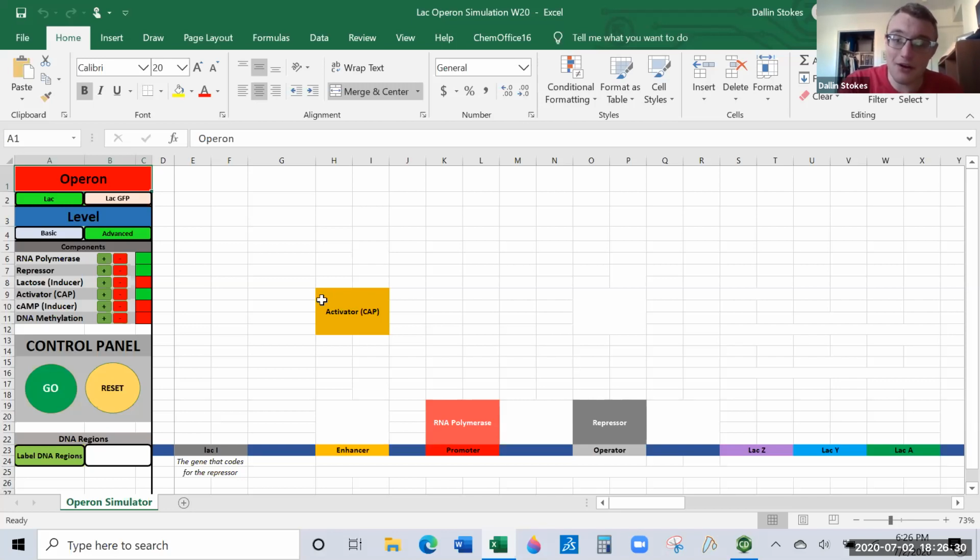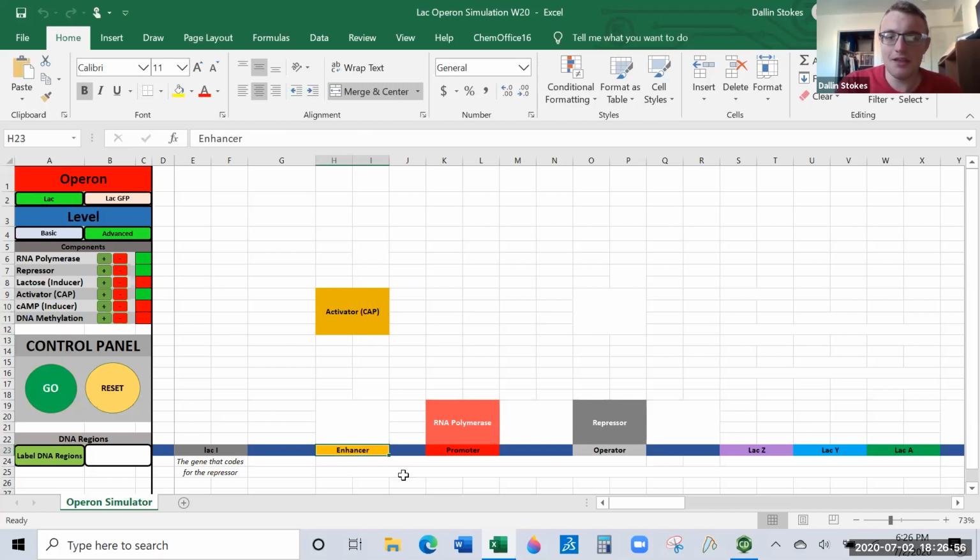And the activator, when it's bound to its own little sequence, so notice the repressor binds to the operator. And I like to remember that because like telephone operators, they're the ones that can end a call. So the repressor binds to the DNA sequence called the operator. RNA polymerase binds to a DNA sequence called the promoter, and the activator binds to a sequence called the enhancer.